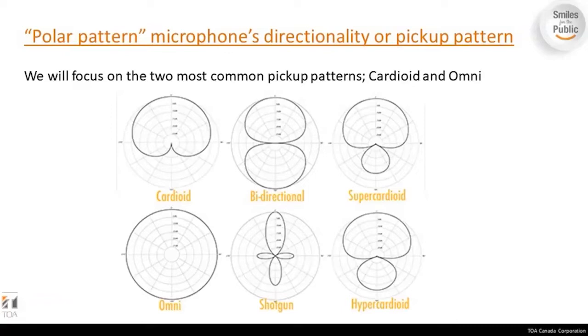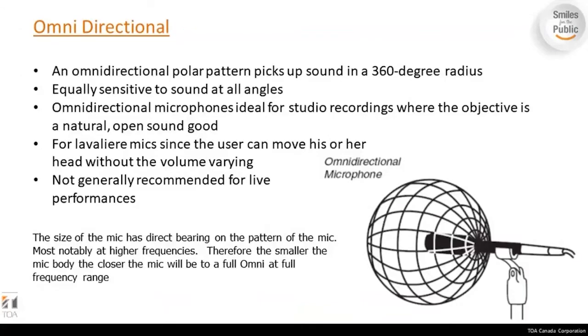First one here is cardioid, bidirectional, supercardioid, omni, shotgun, and hypercardioid. Now this may sound really overwhelming at first, but they're all sort of the same thing. They're examples of pickup patterns, but also examples of different microphone types. So omnidirectional is what it sounds like, omni. It picks up in a 360-degree radius,